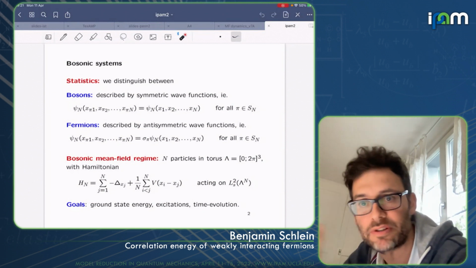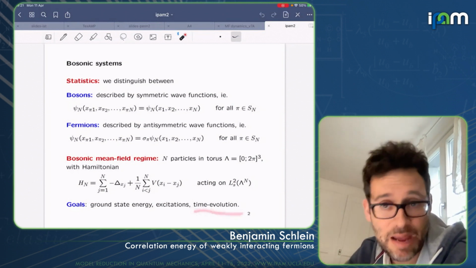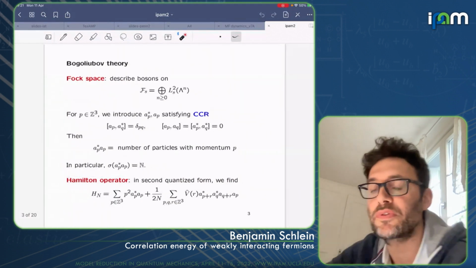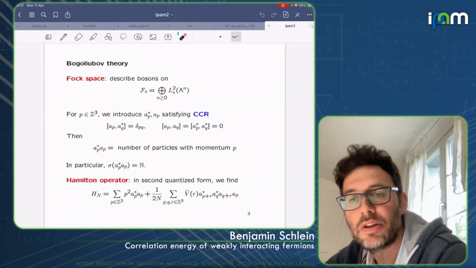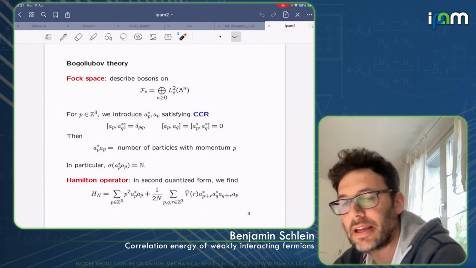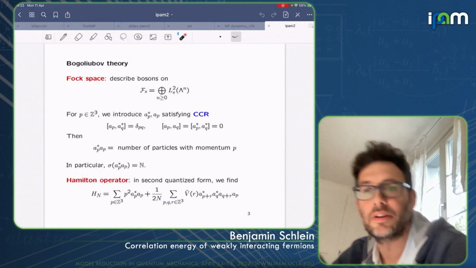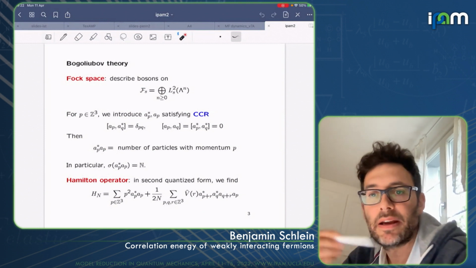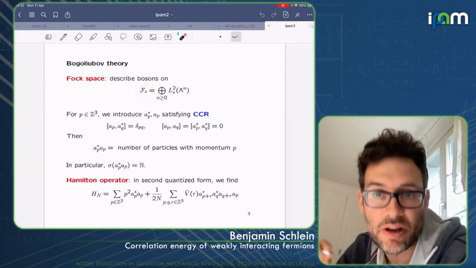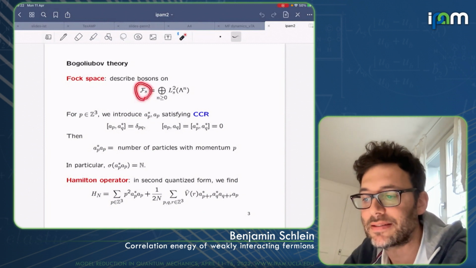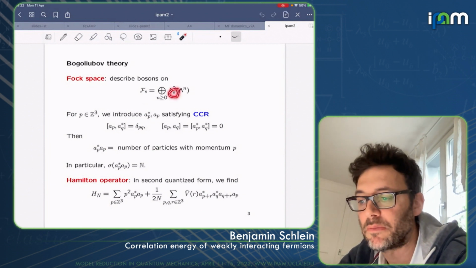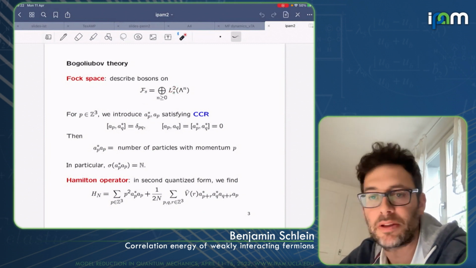There are other questions which are of course relevant, concerning also the time evolution, but I'm not going to discuss these questions here. Now, to explain Bogoliubov theory, it's useful to switch to a Fock space representation. So Fokker in the first talk already introduced these creation and annihilation operators. I'm going to quickly do the same here. So I'm going to describe this system of N particles on the Fock space, bosonic Fock space in this case, F_s. So this is the direct sum over all possible small n of the symmetric component of the L2 space over Lambda to the small n.